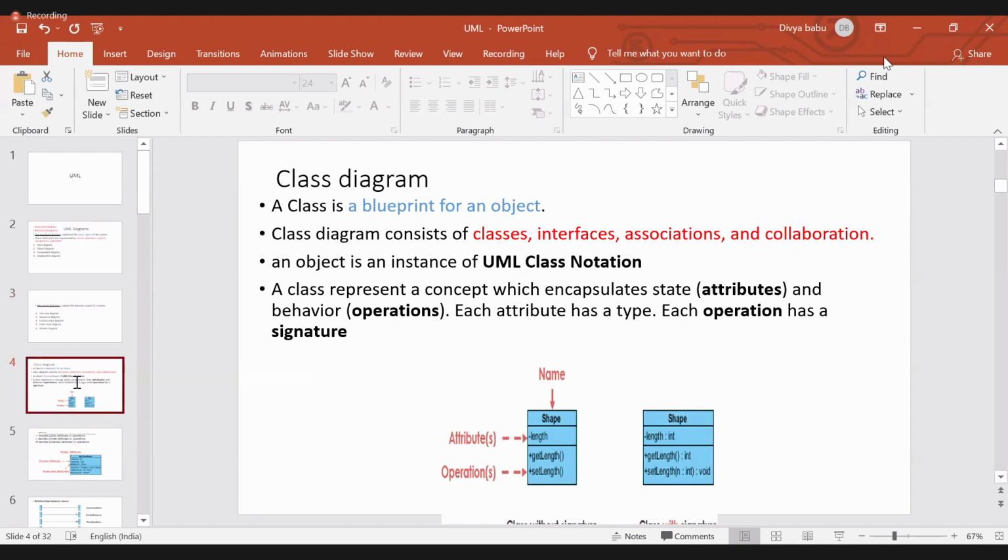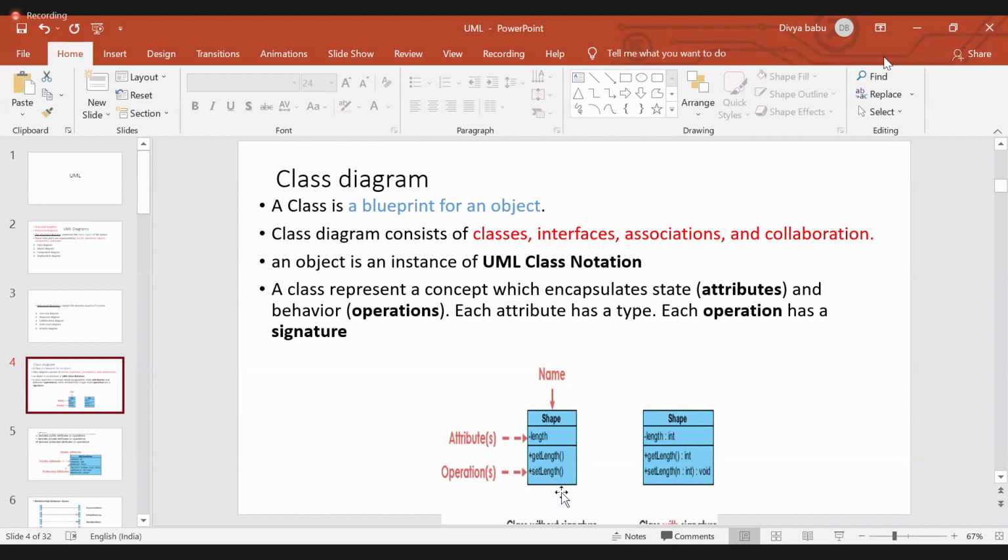When it comes to class diagram, you know how to draw the classes, right? How to choose the classes. What is a class? This concept you already learned in object-oriented programming. What do you mean by class? A class has a class name, attributes, and operations, right?